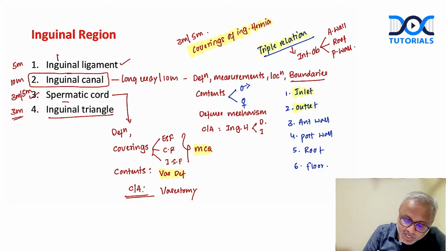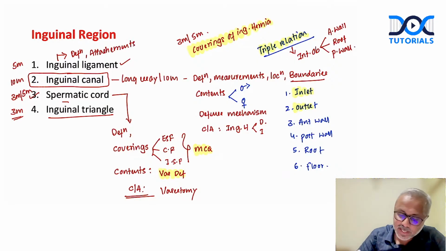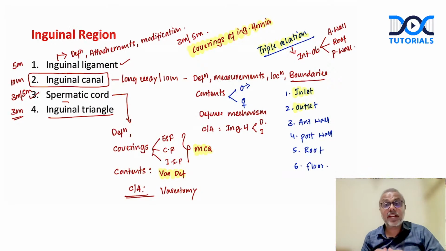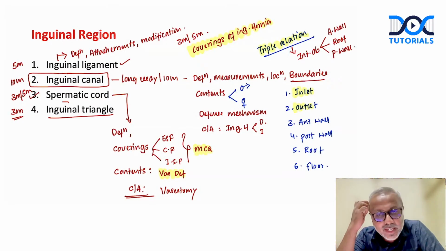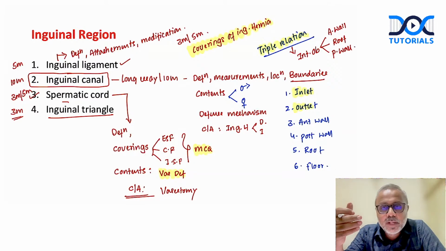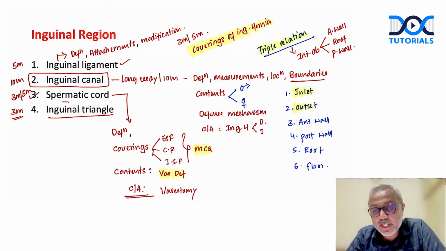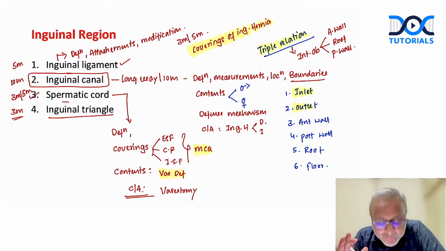If the inguinal ligament is asked, again, define what it is, then talk about the attachments: from where to where the inguinal ligament extends, and then talk about its modifications. What are the three extensions that come from the inguinal ligament? What do we mean by the ligament of Cooper? What do we mean by the reflected part of the inguinal ligament? The lacunar ligament, what are these? All of this needs to be mentioned.